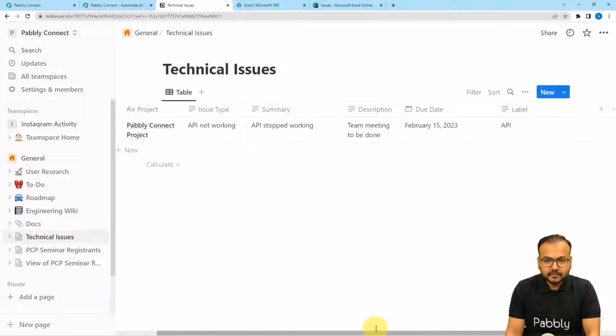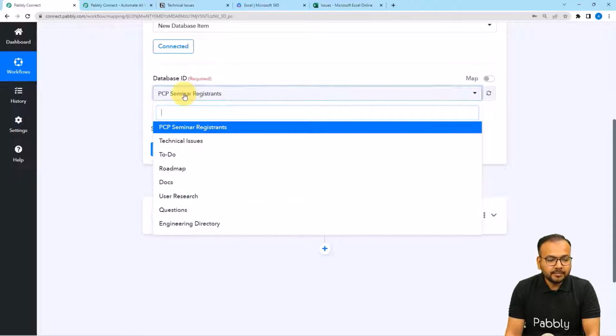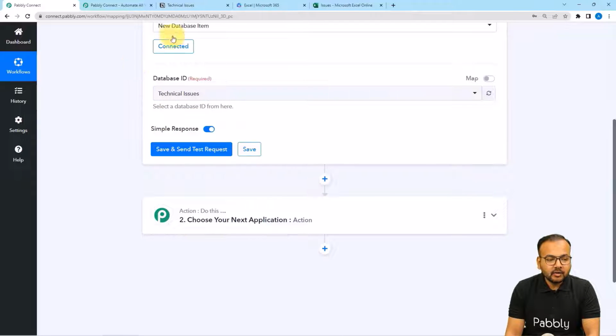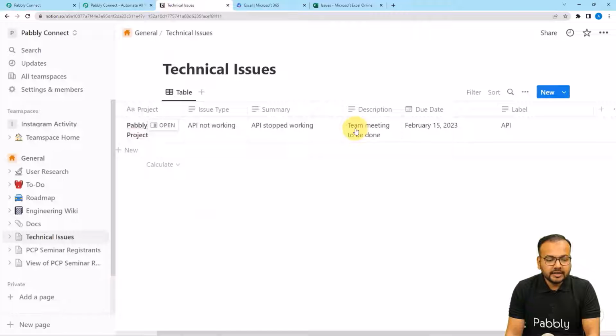Okay. Right. So I'm going to select the name of the page first, or the database ID. From this drop down menu, it will show you all the databases you have. From here, I am selecting this one, technical issues. Now guys, by clicking on the save and send test request button, you can fetch the details of your database